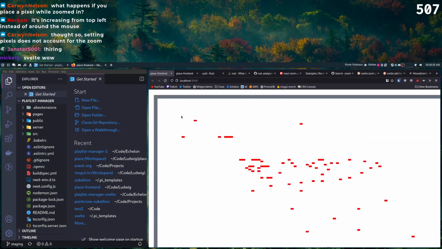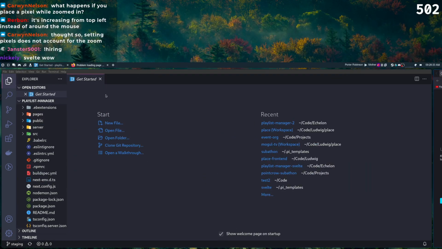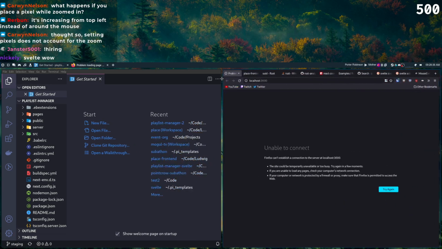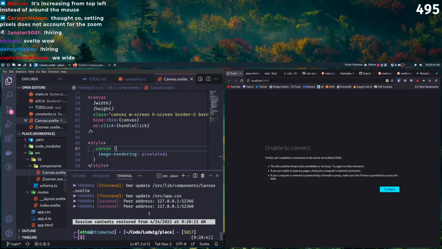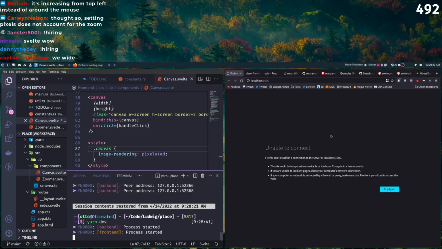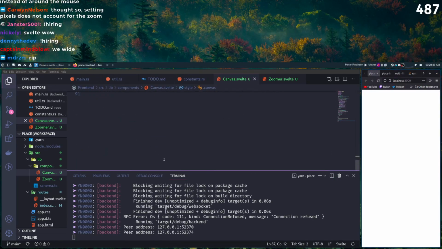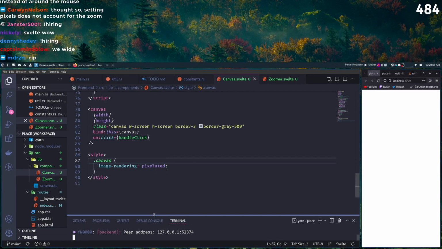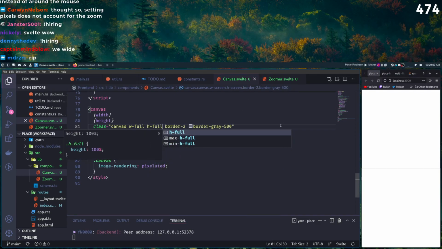It's getting stretched. Oh, we crashed our entire thing. How did that happen? There's totally a way to do this. I want to do width full, height full, and then in my zoomer,